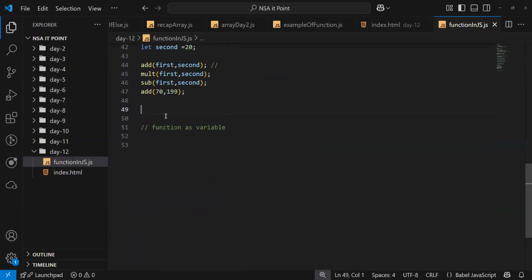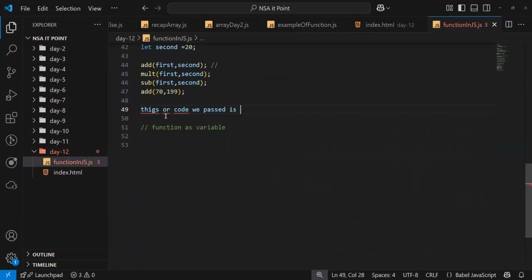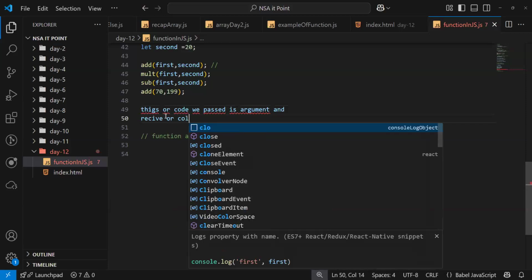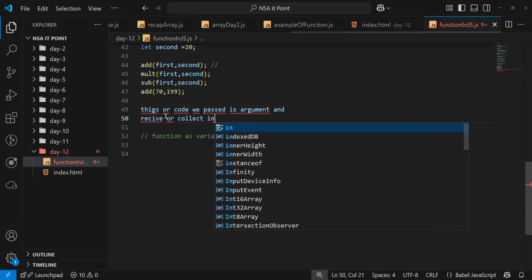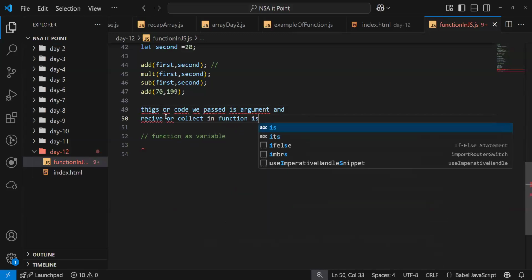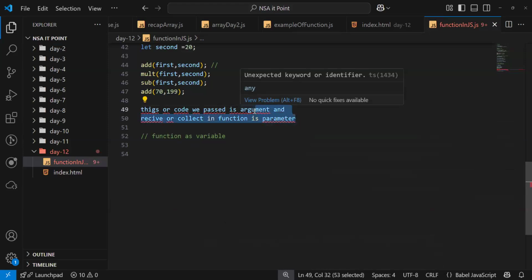The thing or code we pass is the argument, and what receives or collects it in the function is the parameter.